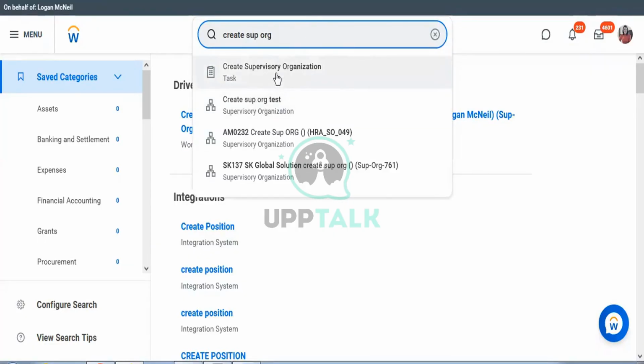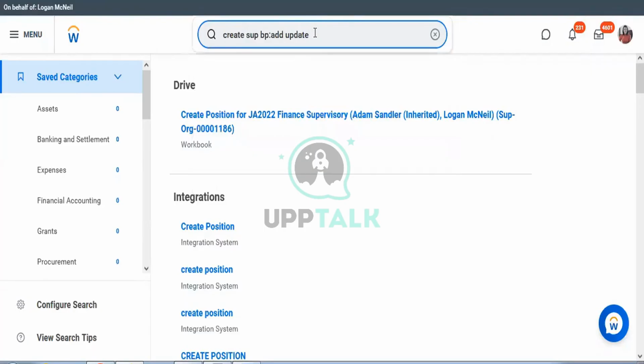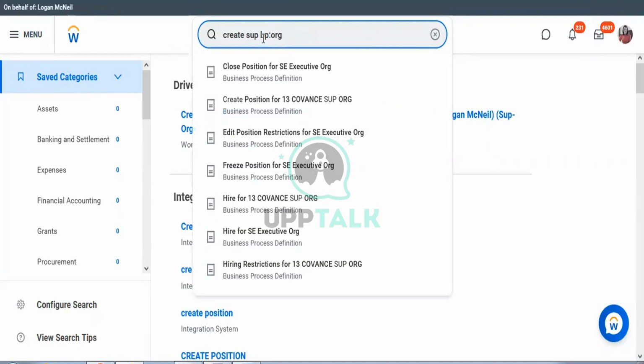This is a task in the front end, but in the background we have a business process called update organizations, through which your super user organization will be getting created. And similarly,